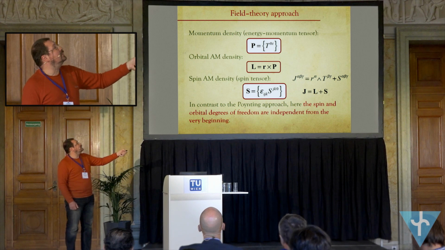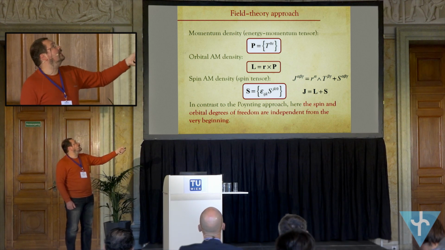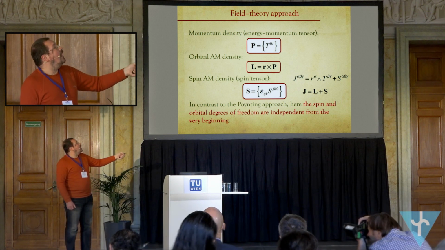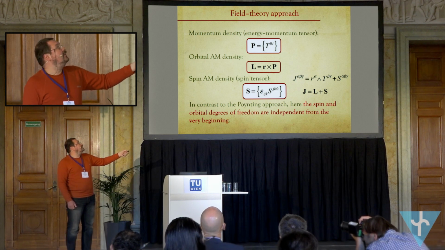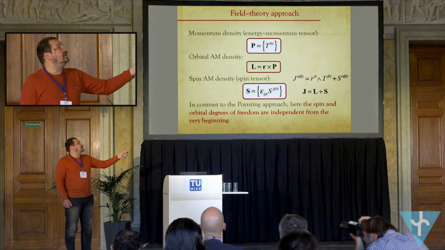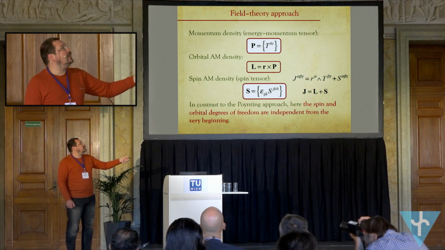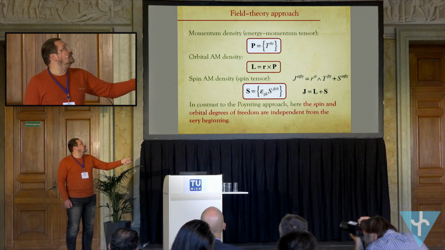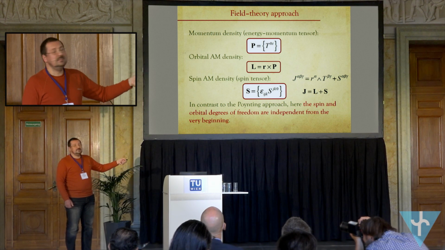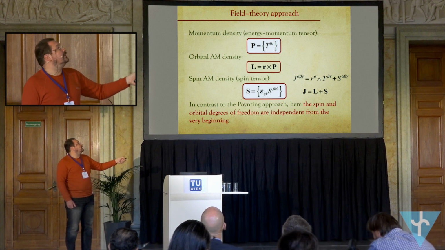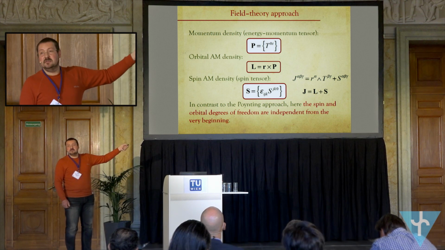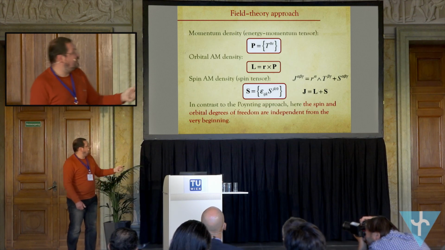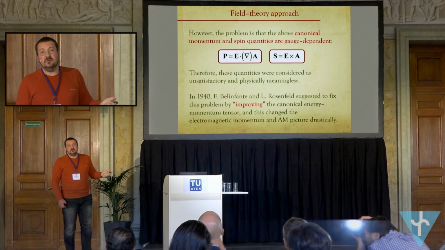So the picture schematically looks like this. We derive the relativistic energy momentum tensor, and the corresponding components give us the momentum density of light. R cross this momentum density gives us the orbital angular momentum, not the total one. And if we derive the relativistic angular momentum tensors, it explicitly contains an additional term, which is the spin tensor. So we can determine spin angular momentum density in this field. And this spin density is completely independent from the momentum density. So we have different degrees of freedom from the very beginning. So this is a very good picture.